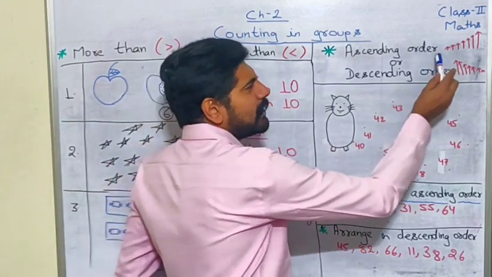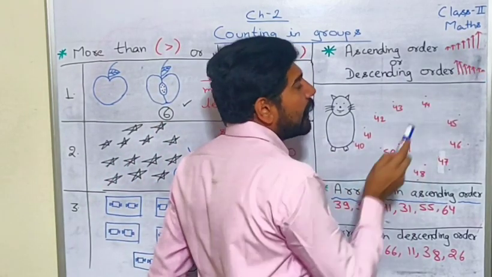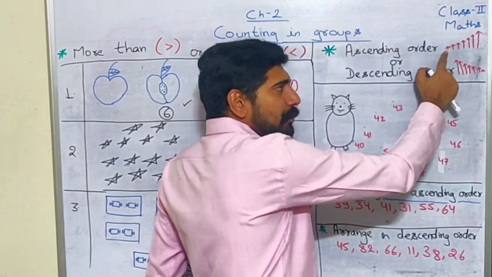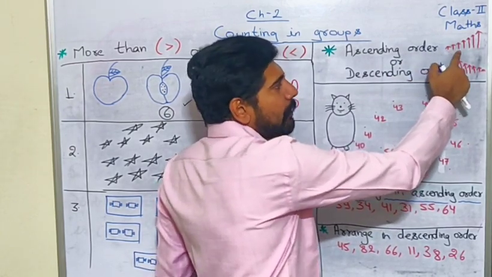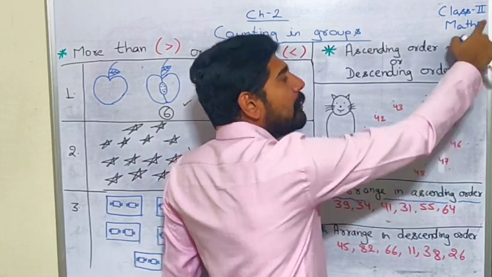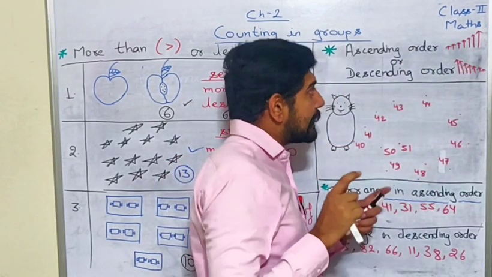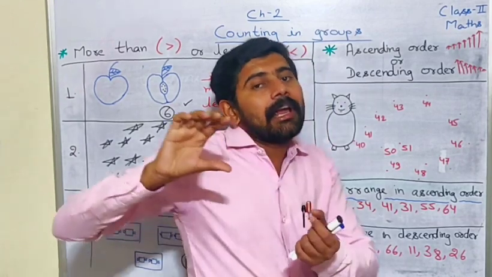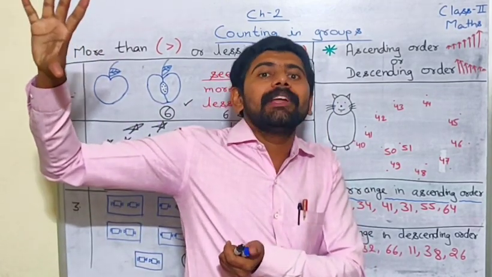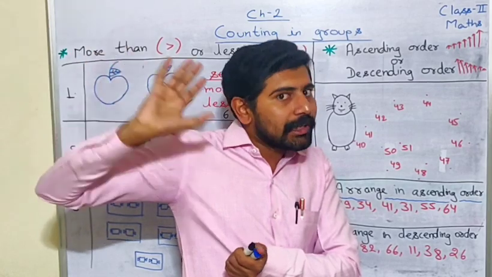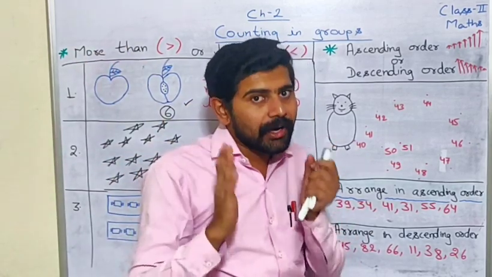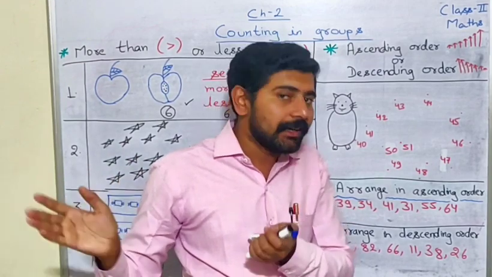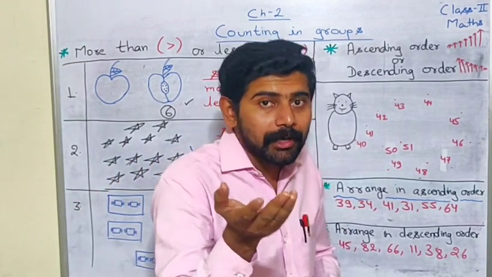Children, can you see these arrows? Here, with the ascending order, I have made one small arrow, then big, then big, then big, then big, then big, then biggest. That means ascending order starts from the smallest number and ends in the biggest number. Just like we have some numbers 1, 2, 3, 4, 5, 6, 7, 8, 9, 10. You all know these numbers.